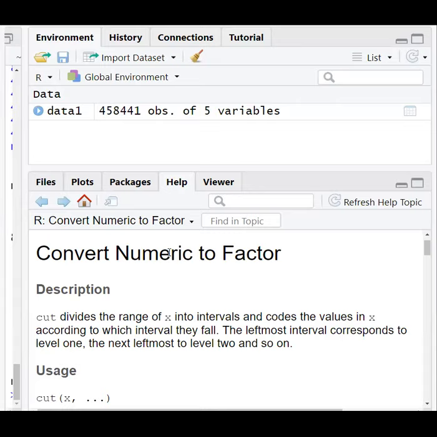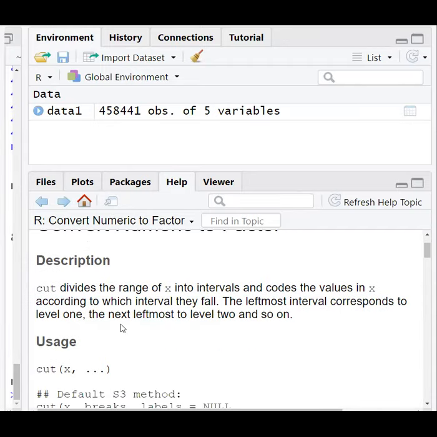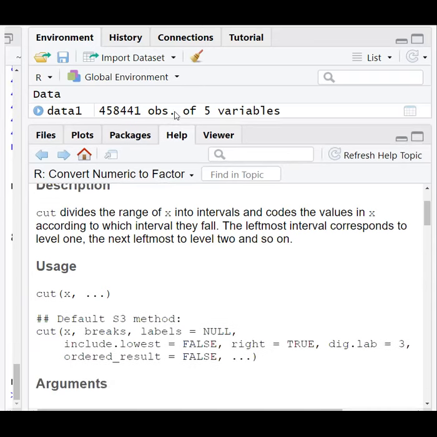If you look at the documentation of the cut method, in R itself, it is given. What this cut method does is divide the range of X into intervals. We just give the values, and those values will be divided into intervals. The leftmost interval corresponds to the first level, and the next leftmost to the second one. Its usage is described over here.